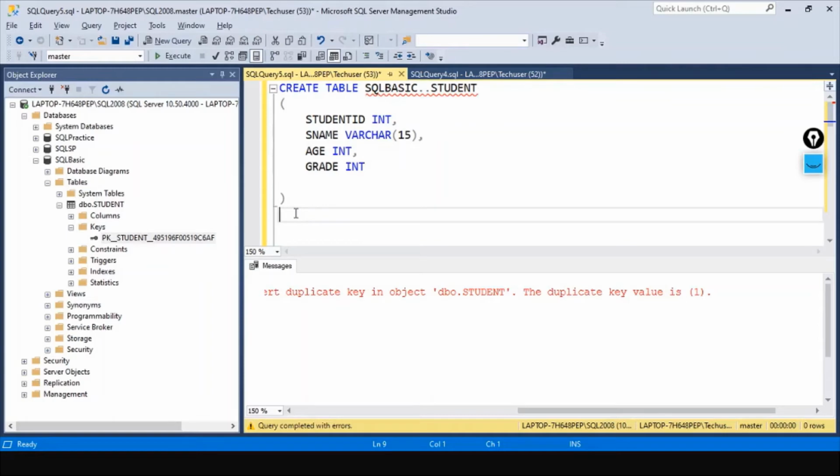Foreign keys are mainly created to establish a relationship between two tables. For that, let's create one more table. So far, we have understood the concept of primary key. In this video, let's try to understand foreign key and how it helps to create the relationship between two tables.